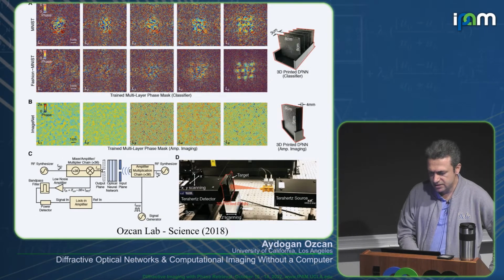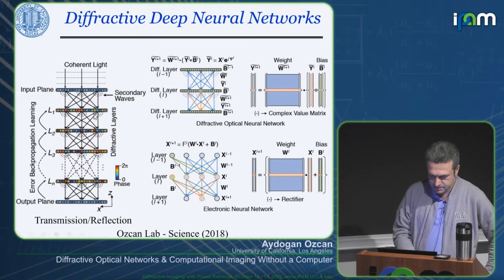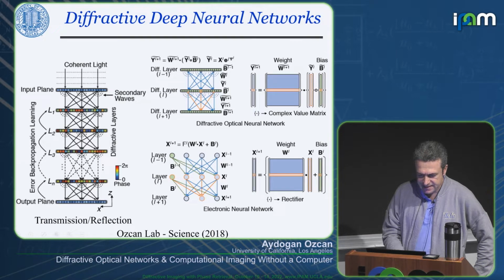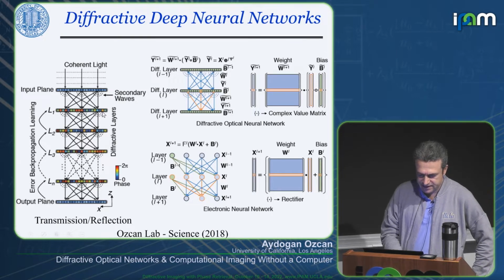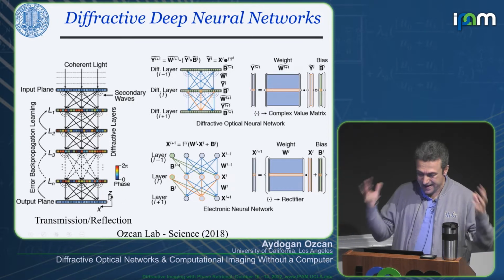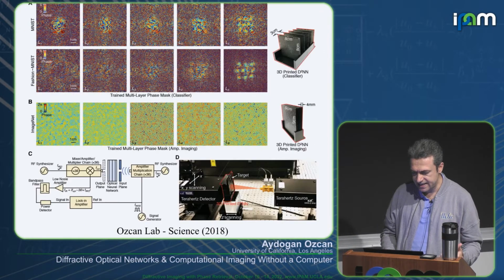As I mentioned, once you design this using an optimization like deep learning, you come up with the phase and/or amplitude of these diffractive layers, one layer after another layer, through error back propagation based on a certain loss function, depending on what you want to solve with these layers. But after that, the whole design is fixed